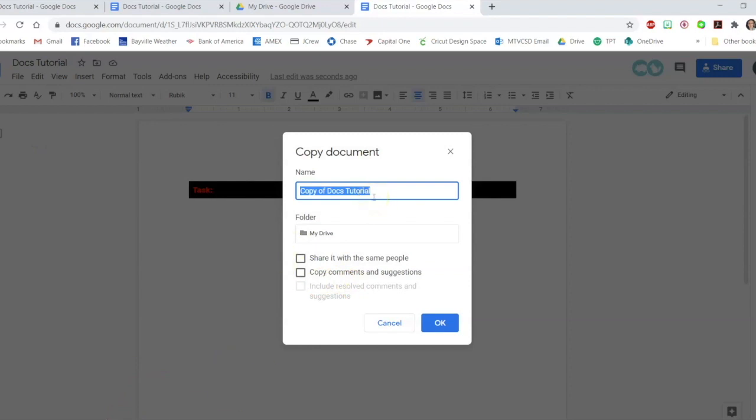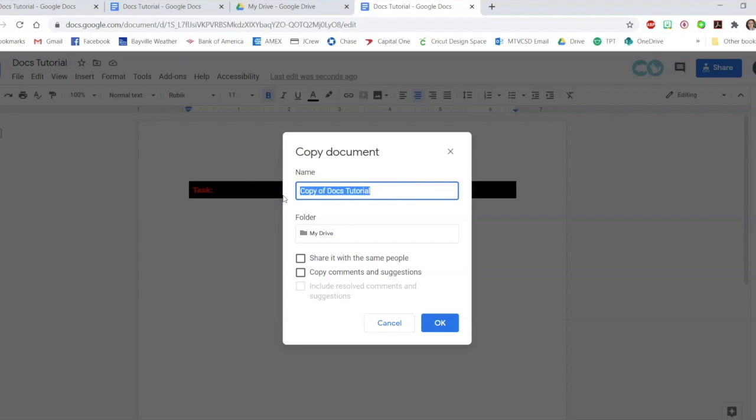Now, depending on how many groups of students you're going to give this to, you may have to make several copies. If you have students in partners, you may have 10 or 12 groups. If you have them in groups of 4 or 5, you may have a great deal less. But you want to name the groups in a way that's going to be identifying for both you and the